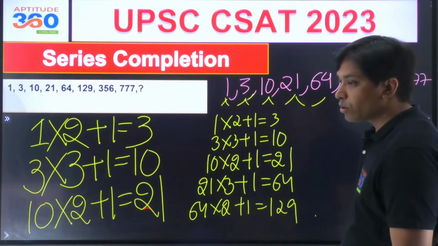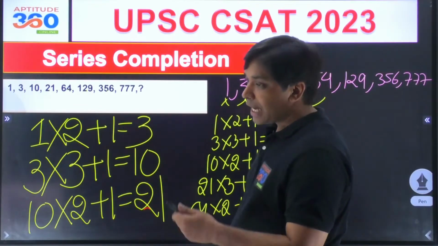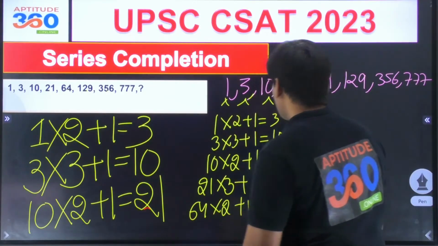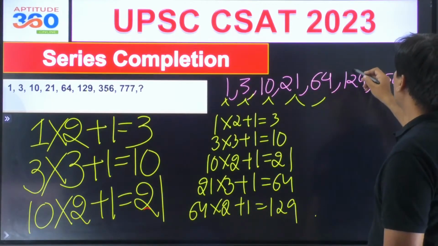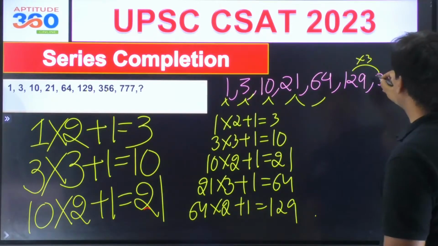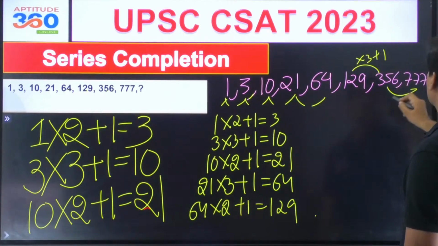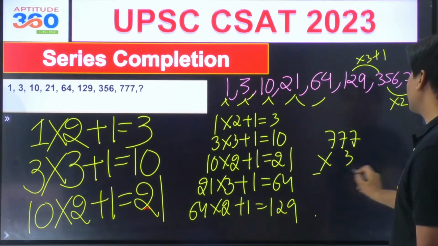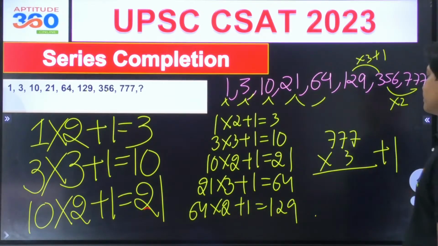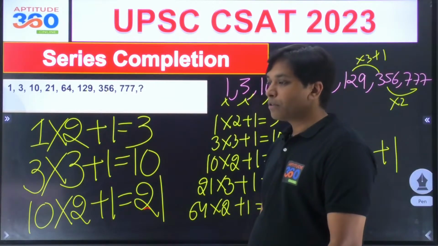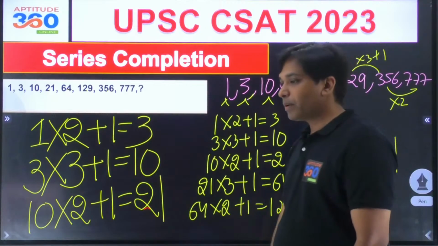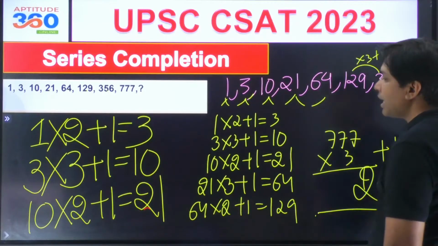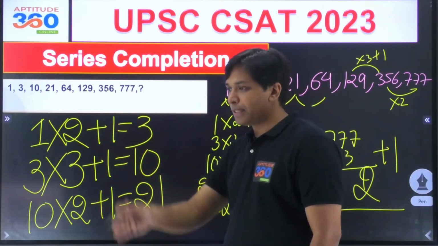2, 2, 3, 4. Yad is getting 2, 2, 2, 3, 3, 2. 64 into 2 and this into 3 plus 1, this into 2. So this is 777 into 3 plus 1. Isn't this it? Isn't this it? 2, 2, 3, 2. Big confusion. So this is 7 3s are 21. 1 plus 1. Last, the unit digit will have to be 2. So yeah, 2, 2, 3, 2 may be the answer.